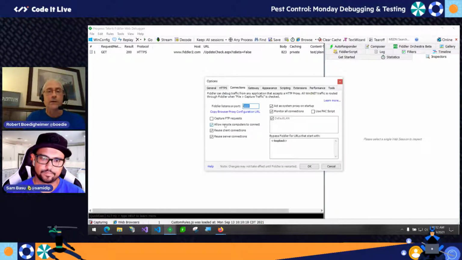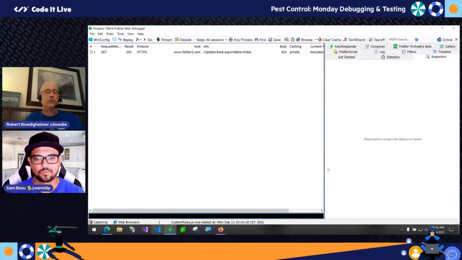I'll warn you, I don't typically leave this turned on because people can technically then route through my computer to get to the internet. But I'll turn this on. I'm not going to go through all the details here. It's not easy to display, but I can take any remote device and route through, which is huge. Years ago, even today, I do a lot of phone work because we're a responsive website. Somebody says it doesn't work on an iPhone, you're pretty blind, right? It's hard to do tracing on that.